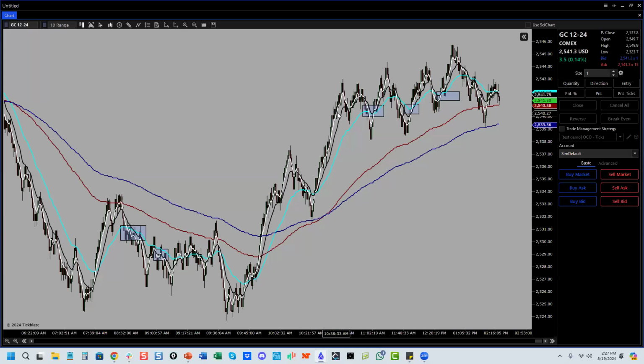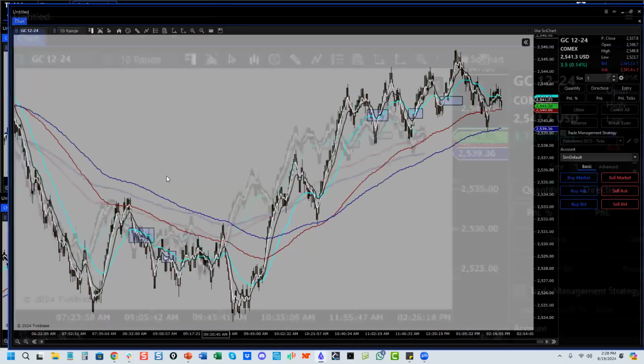And what's nice about this is that we're not entering on the crosses. We're letting crosses tell us the momentum is on our side, and then we have specific rules for the entry. And if you catch it, you catch it. If you don't, you wait for the next signal. The key is the settings. If you take a look at the direction and what we're using, the EMAs play a big part. These are specific fib number settings.